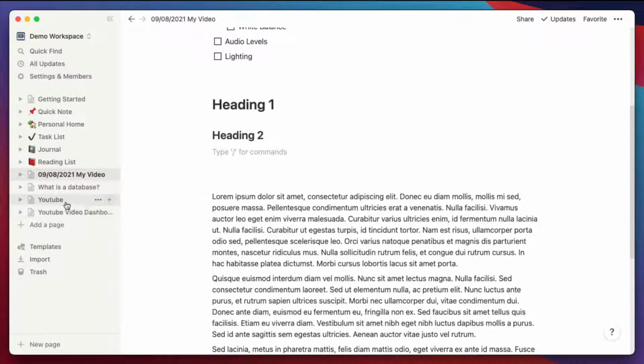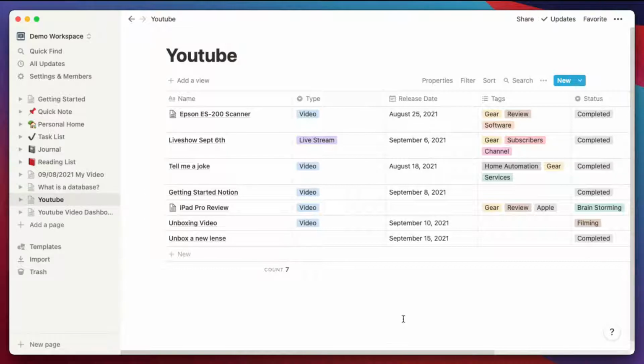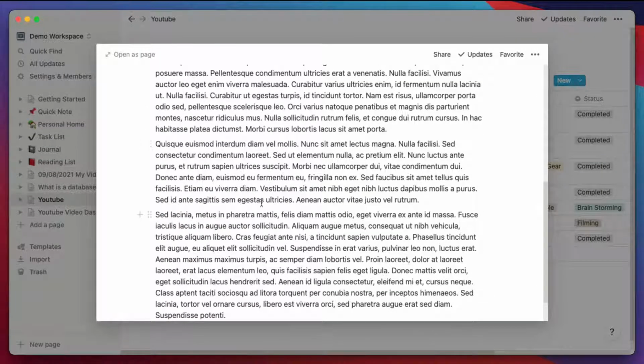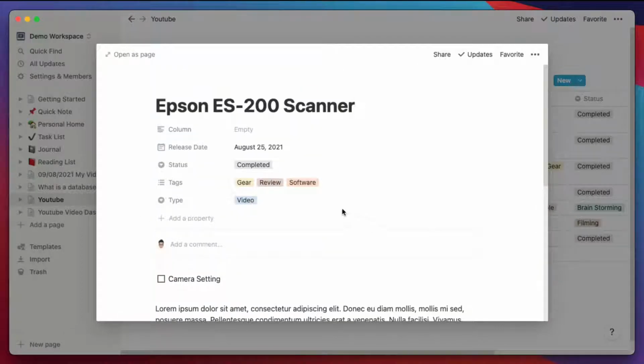So last week I started going over databases, and what databases are in Notion. They really call them tables, but here we created our own database, right? These are YouTube videos that we did, and you can open this up, go into the editor and just do more notes.